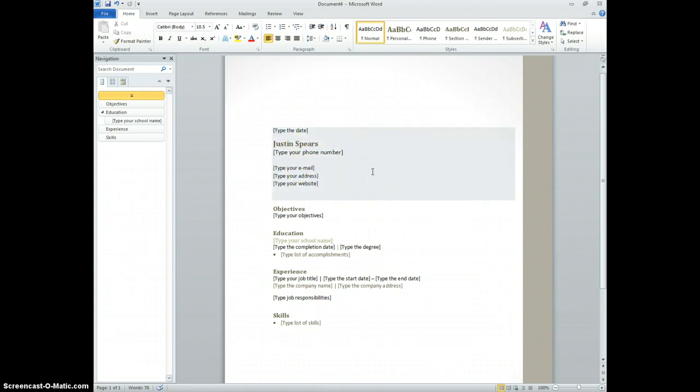Now, to put your personal information into the template, all you simply need to do is single click on the section. And as you can see, actually, before I even do that, when you put your mouse, your I-beam, over the placeholder, you can see how it shades light blue. I don't know if you can detect that on your monitor or not. Today, or Tuesday, when you start working on your template, you'll see maybe a little bit better what I'm talking about. But when you click on that, in order to fill in the information that you want, you simply highlight it, hit the backspace key, and then you can start typing in